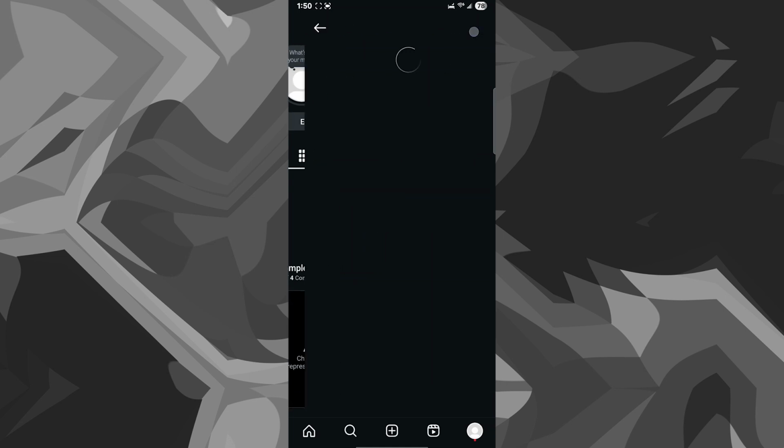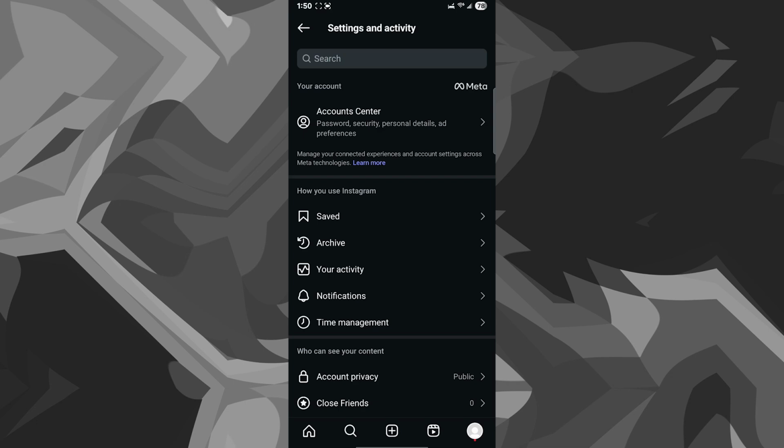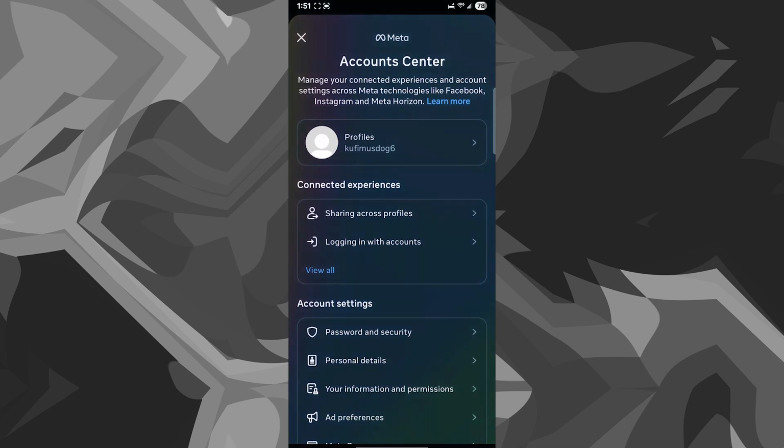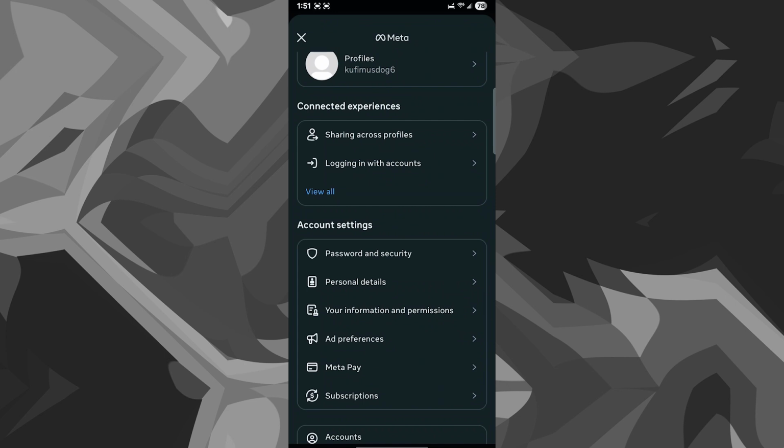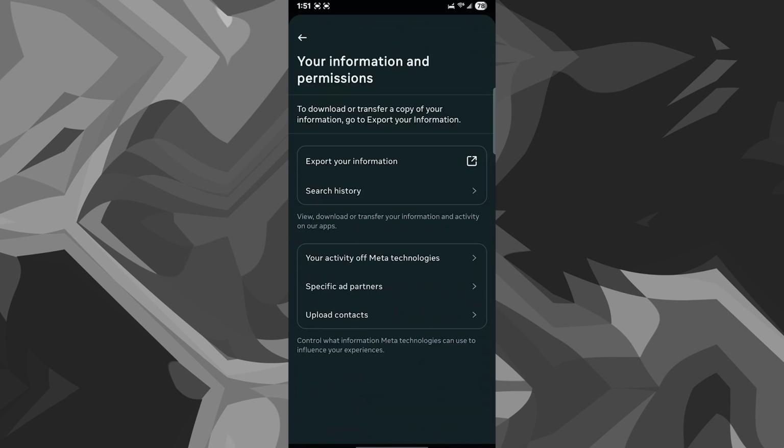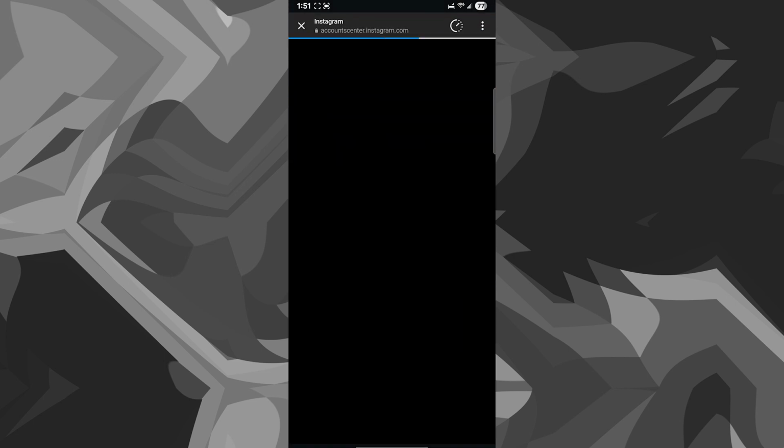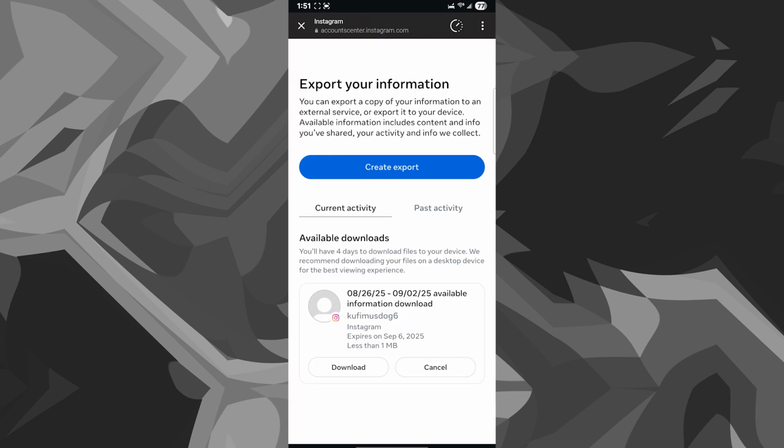First, click on the top right corner to go into the hamburger menu. Then click on the first option, which is the accounts center. Then you can scroll down and select this option called your information and permissions. After this, you can click on export your information, and then you will get this option to download or export